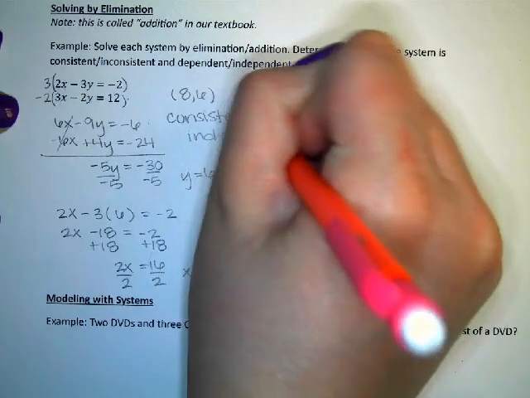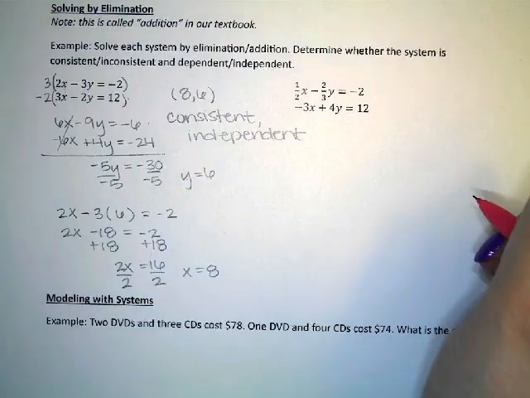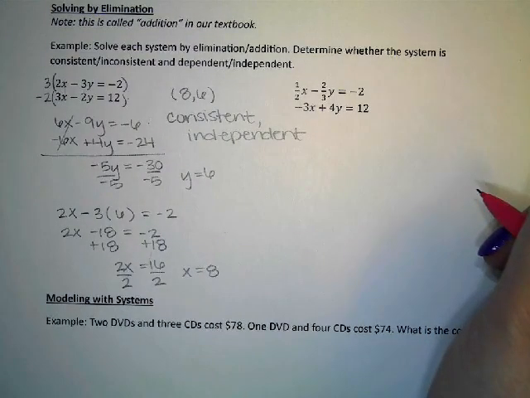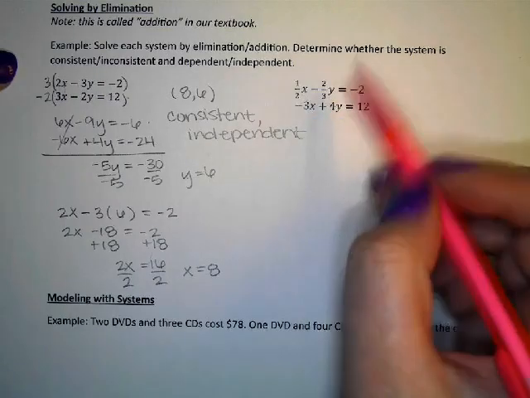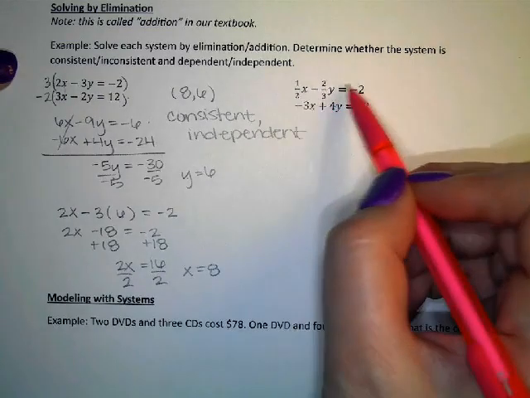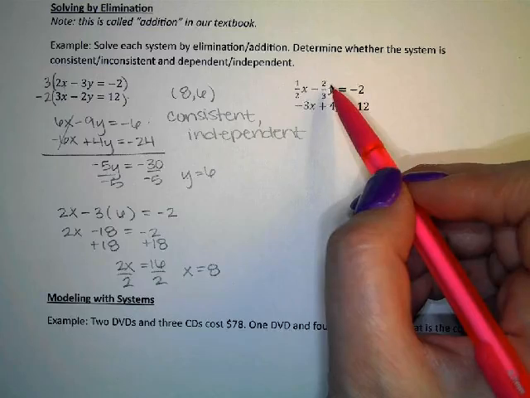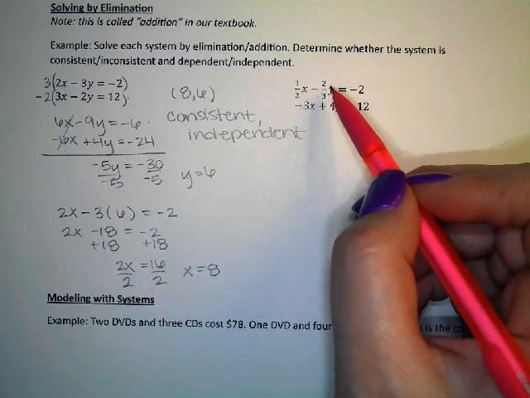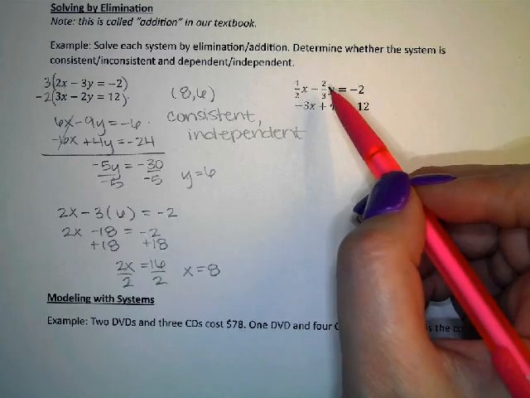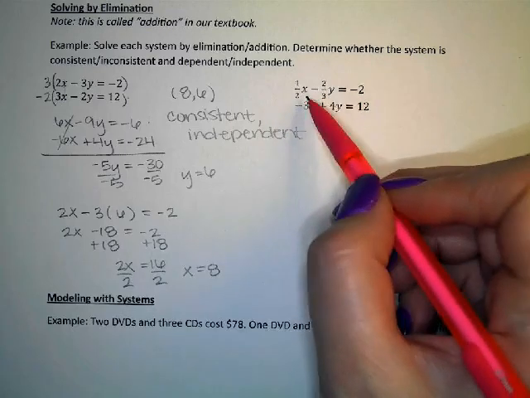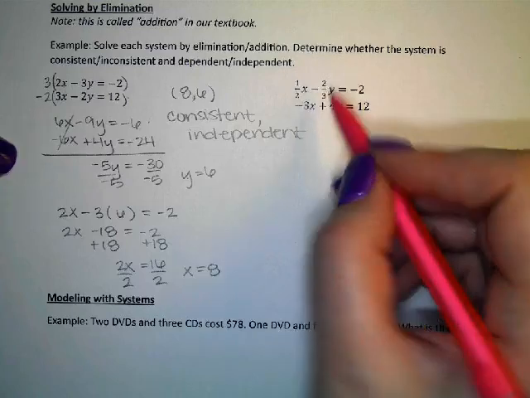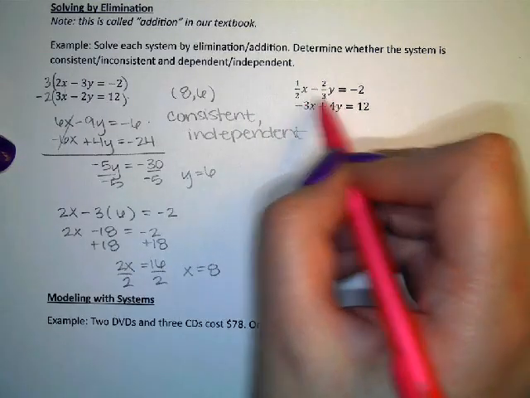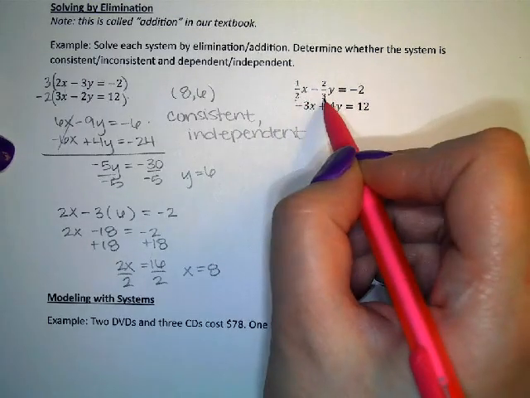All right, let's try this again. So this one, because that first line has some fractions involved with it, it might be a little bit harder for you to think about what can cancel out. So if you want to take care of the fractions first, that's fine. So between 2 and 3, the common denominator is 6. And so I'm just going to multiply the entire equation by 6, and that's going to get rid of all